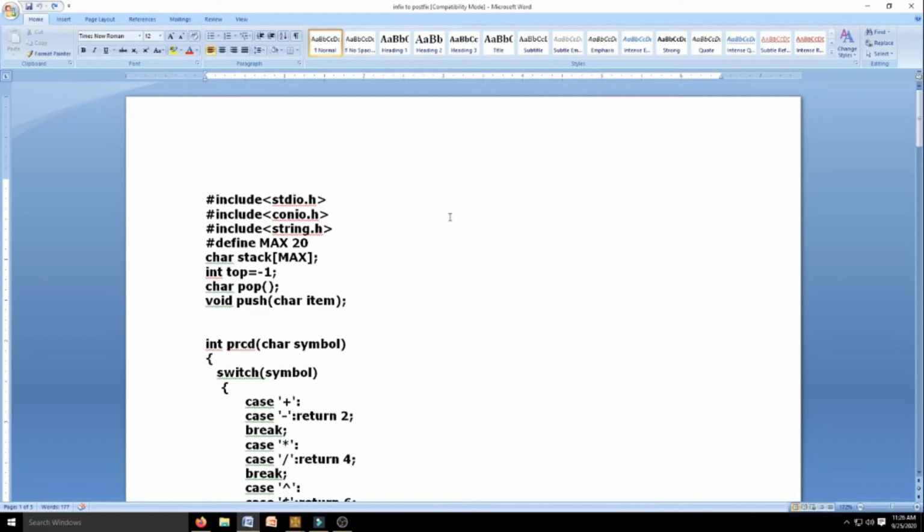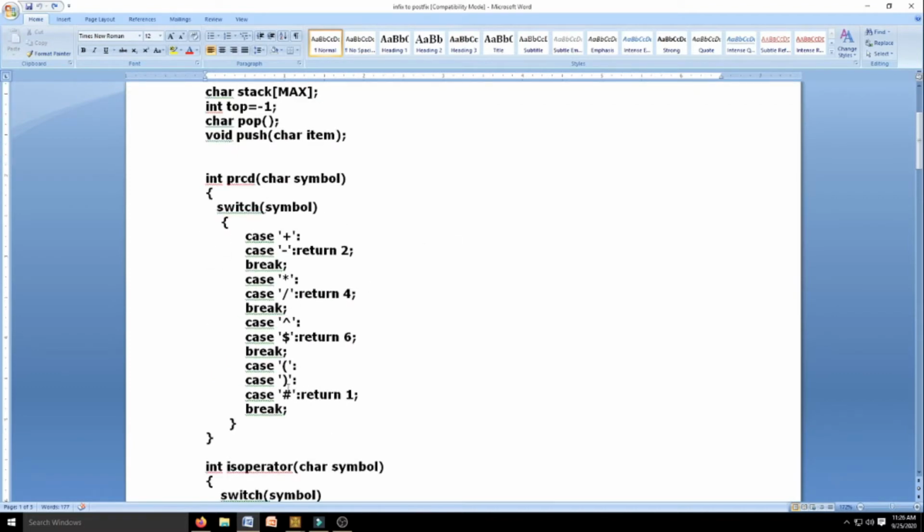Second thing I have already told you, there must be precedence identification. Each operator will have a different precedence. So plus and minus will be with 2, star and slash with 4, and exponential with 6. This is what I told you on that day. And open bracket will have the highest precedence when it is outside, and when it has gone inside it is the lowest. Also I am using one hash symbol, as shown over here, which will have the lowest possible precedence, something like 1.